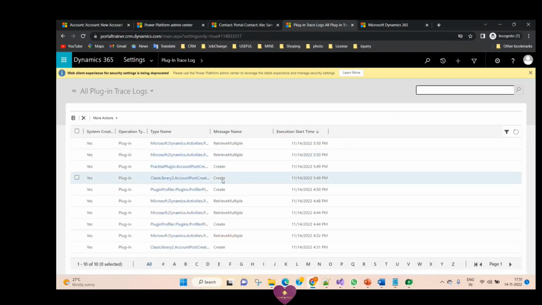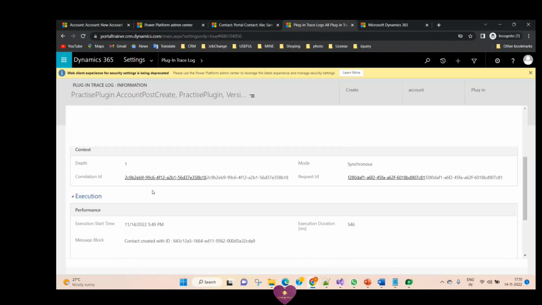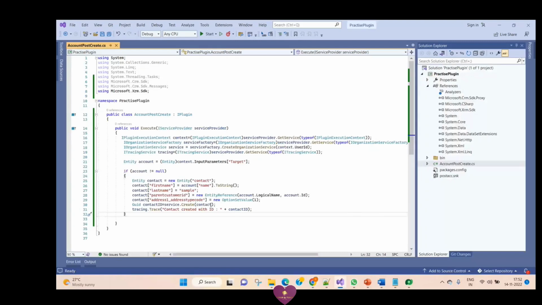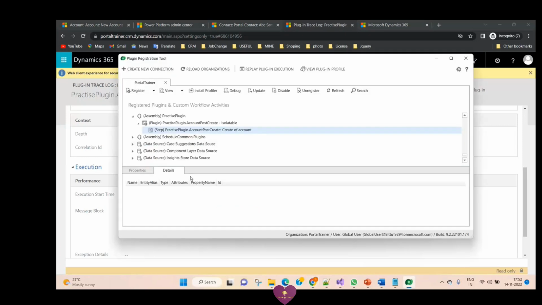Here we have some create, right? So open it. You can see here it is showing contact created with ID. By using tracing, for example, if you want to check the name of the account, you can give trace account with name colon. It will show as account with the name ABC like that. Like that, by using tracing also, you can get the values like this. If you want to debug a plugin,